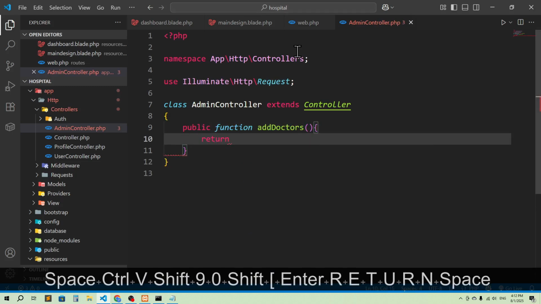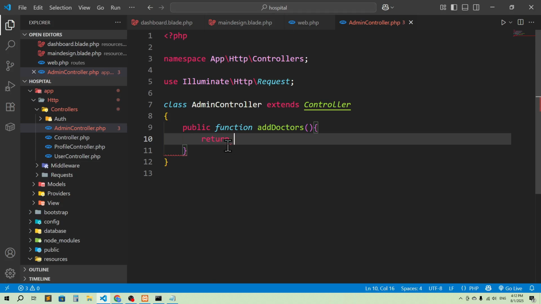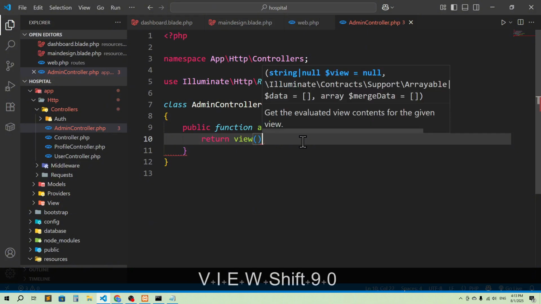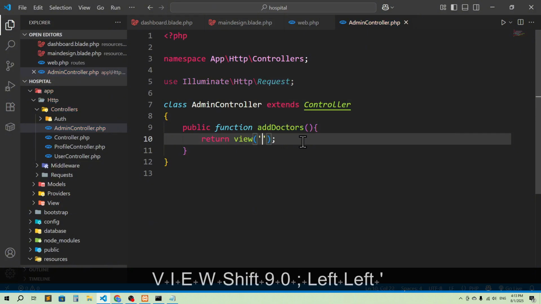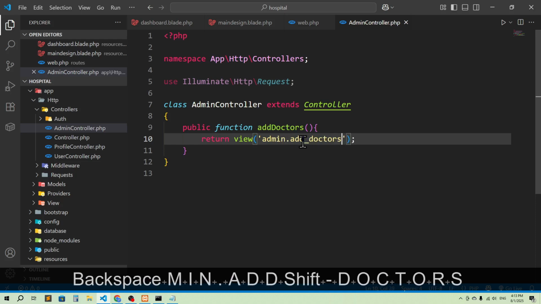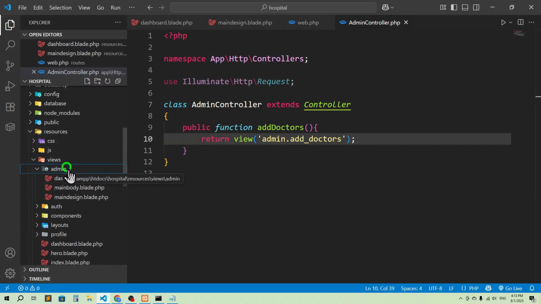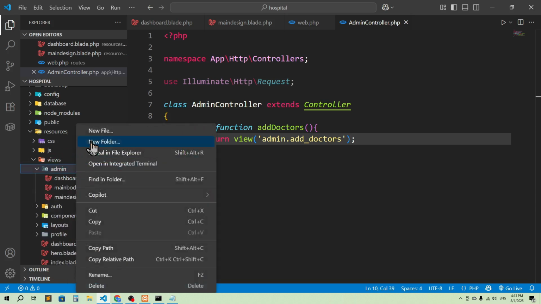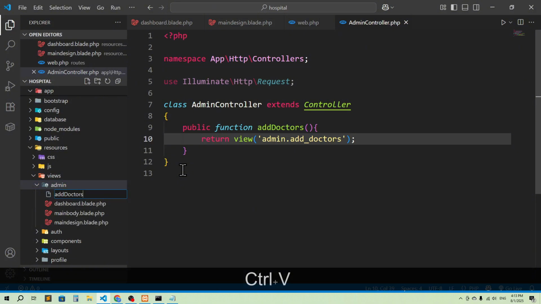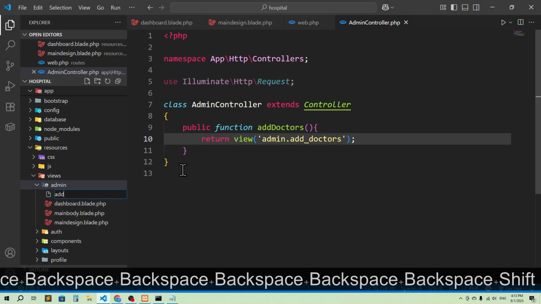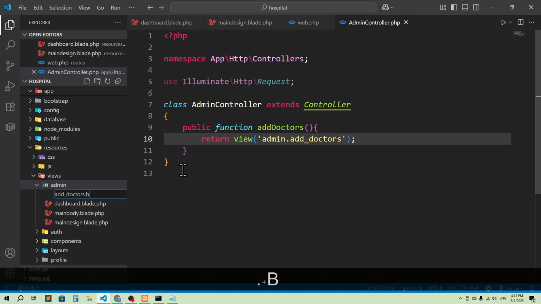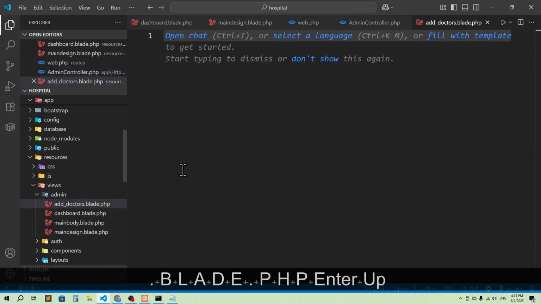We don't have to check anything here. Why? Because we have created middleware for the admin, right? And from the middleware we are checking everything. Okay, so we'll say return view, then it will return a view, and that would be, let's say, admin dot add underscore doctors. So let's go to the resources and then views. Inside the admin folder we are going to create a new file. Okay, and the file name would be add underscore doctors dot blade dot php,